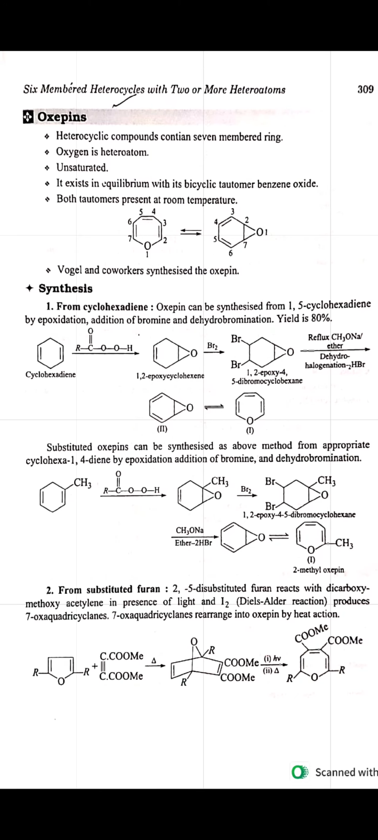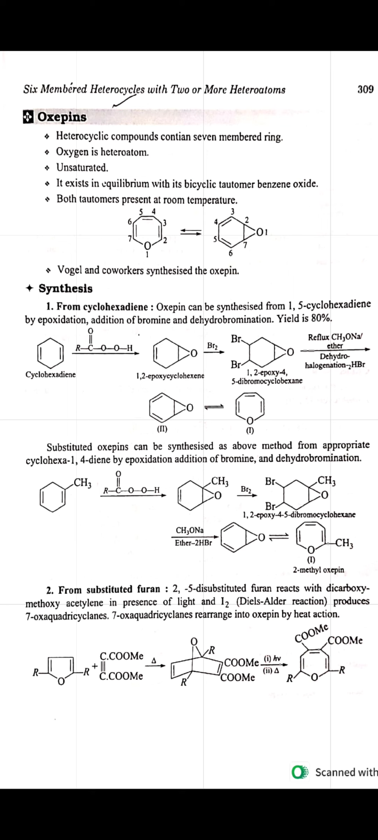So Vogel and co-workers synthesized the oxepine. Now, synthesis from cyclohexadiene. Oxepine can be synthesized from 1,4-cyclohexadiene by epoxidation, addition of bromine, and dehydrobromination. Yield is 80%. Cyclohexadiene treated with this peroxide gave the epoxy cyclohexene, and further treated with molecular bromine,